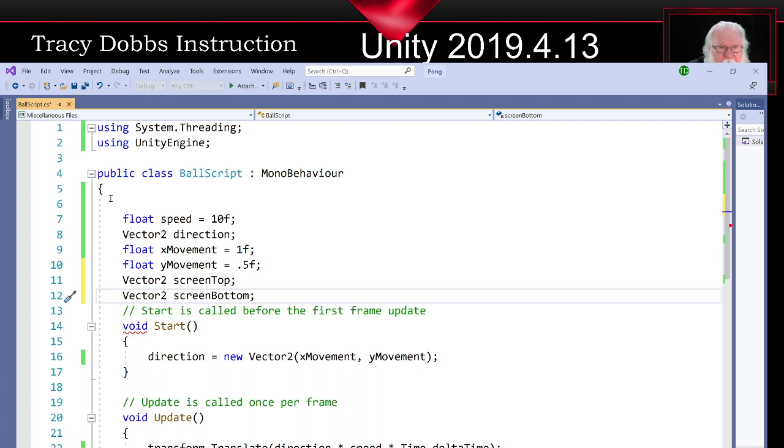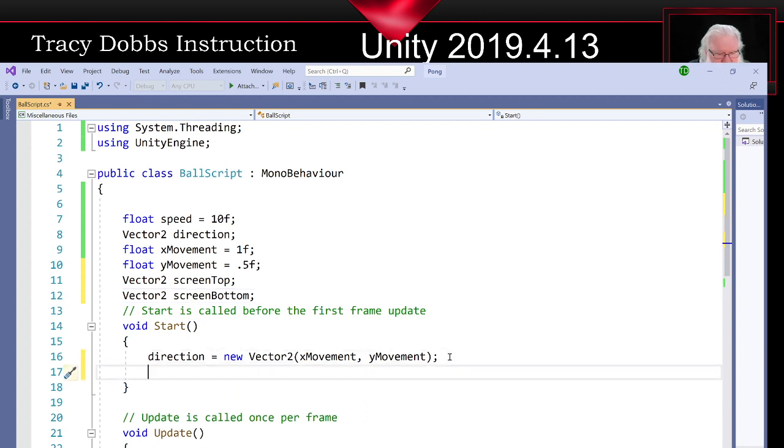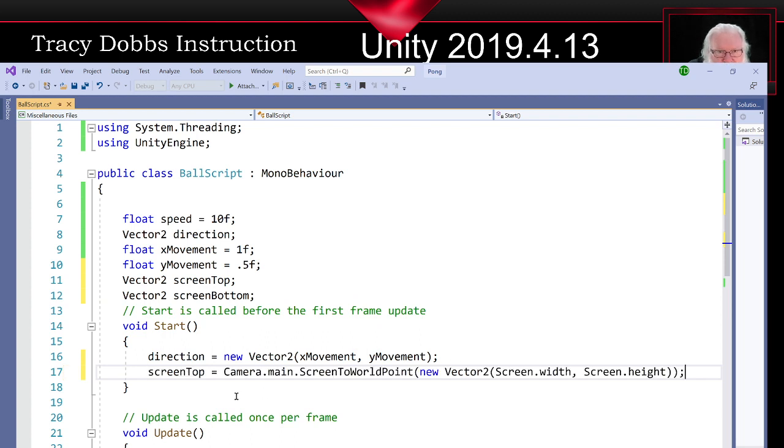All right, now I've got variables to hold those. Now I need to put something in those variables. This will happen at Start, because once the game starts, that's the size of the screen. I only need to do this once. So let me come in, and I'm going to paste this, and then we'll go back over it. Yeah, it's long. So screenTop, which is my Vector2, and remember that holds an X and a Y, is going to be equal to